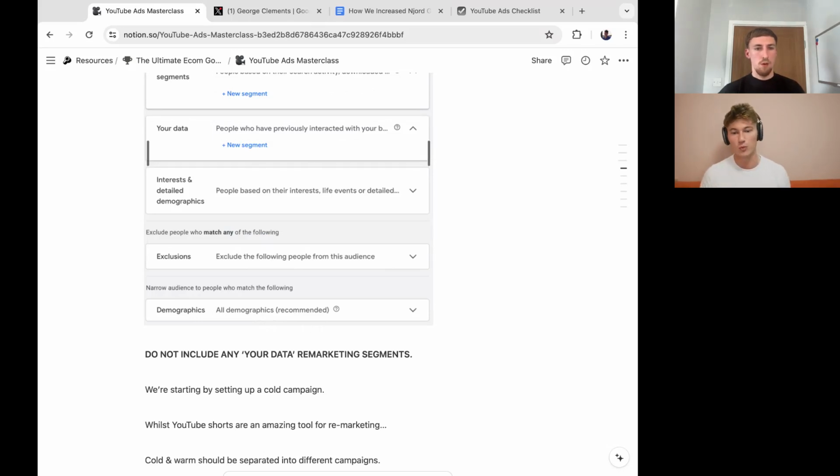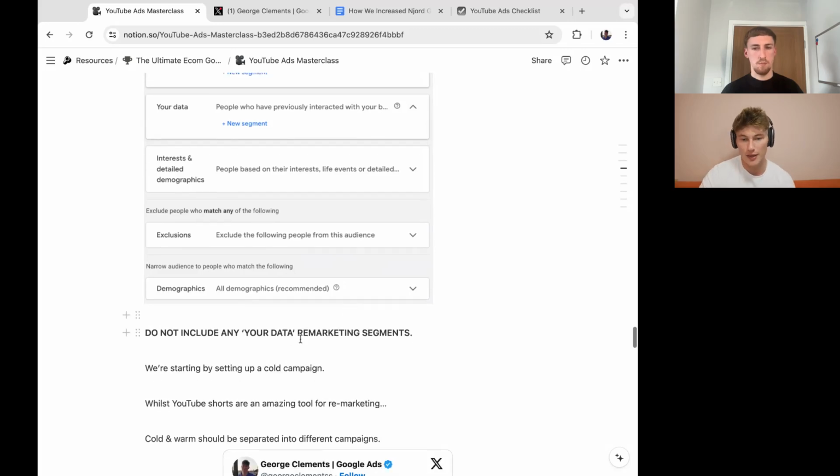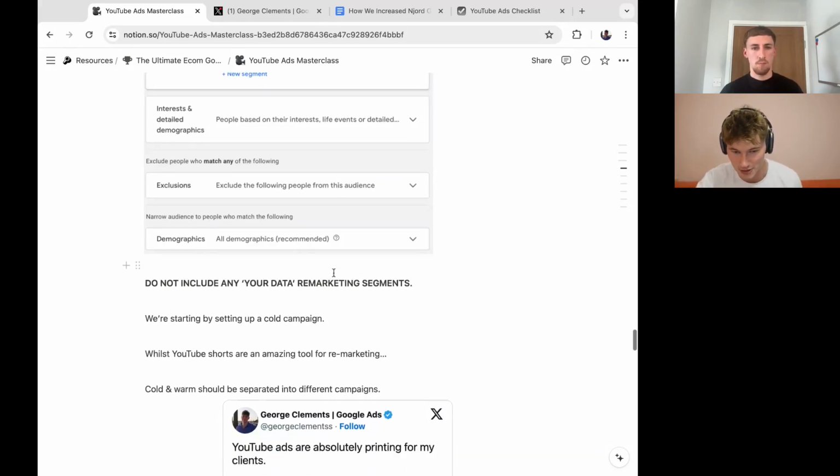So you can actually go ahead and exclude your own remarketing data if you want this to be a completely cold campaign, which we do recommend. So you can just exclude your website visitors and your abandoned carts and all those things. And then the demographics, this is to do with excluding big demographics like men, women, age range, things like that. Household income, I believe, as well, if you have that data available to you in your account. So if you're selling a women's necklace, then maybe exclude men. Use your common sense there.